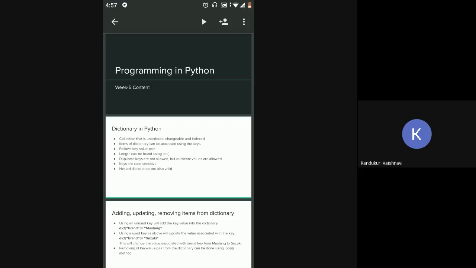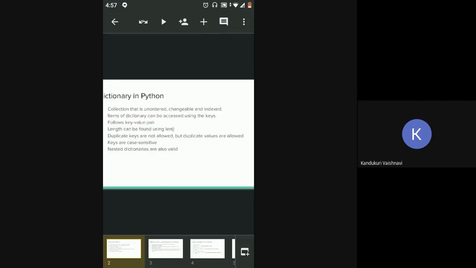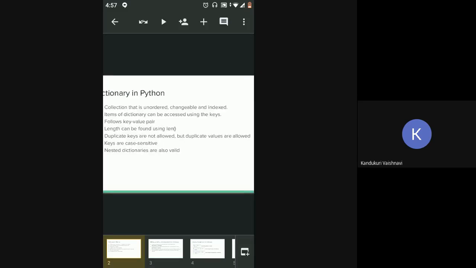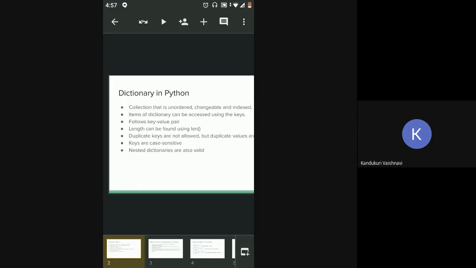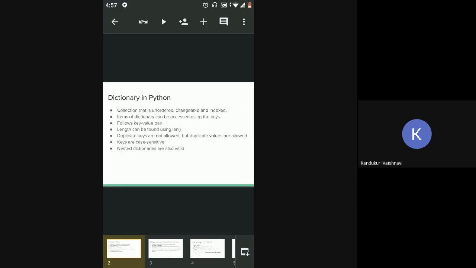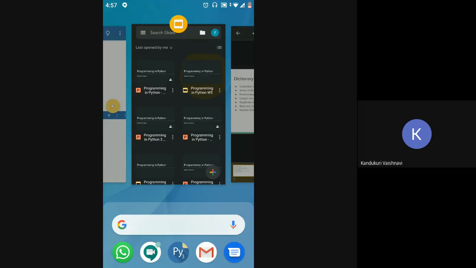So basically, dictionary is used whenever we want to store a key and value pair. Let's just go and check a small code itself.